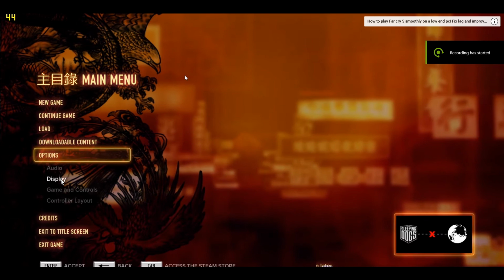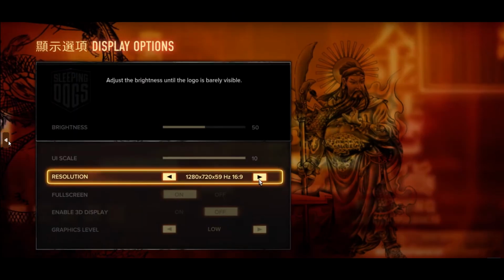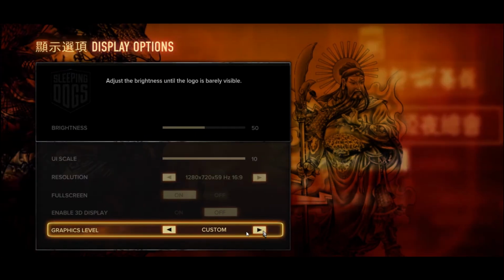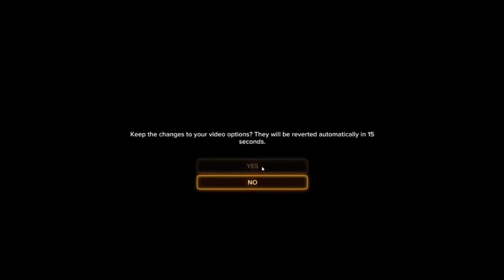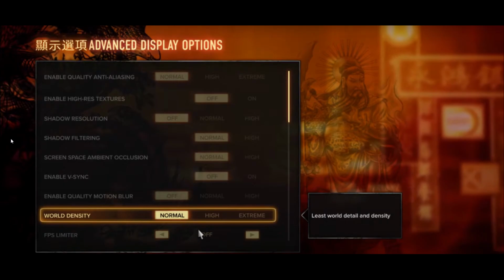First of all, open your option menu, go to options, and then click on display. After going to display, change the resolution, like for me like this, and then go to graphic level like here and set it to custom. After that, quit and click on yes to save the changes, and then press Q on the keyboard